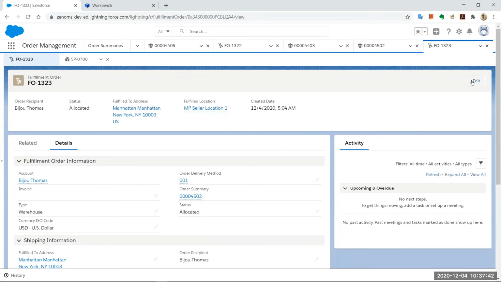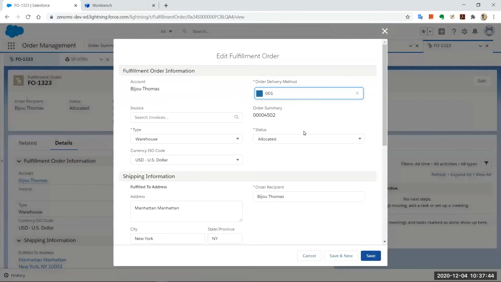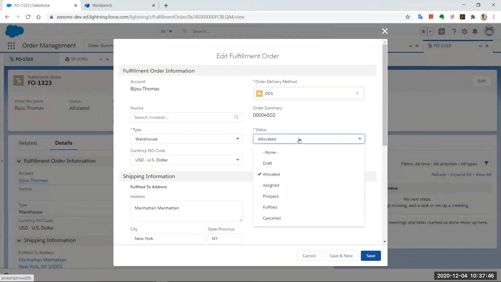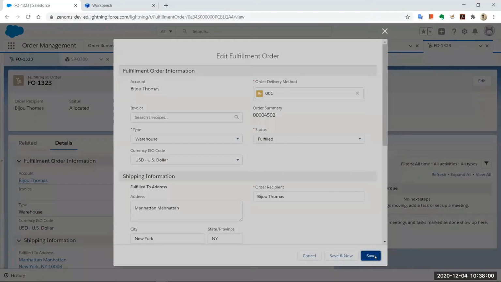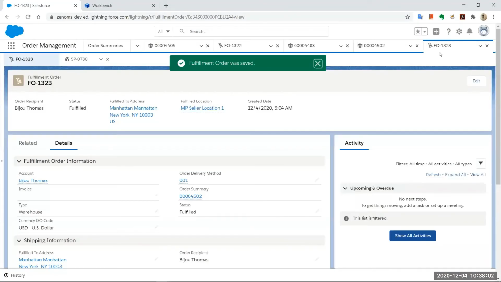And your fulfillment order can have its own process in itself, right? So it has to go through assigned, somebody has to pick it from the warehouse, somebody packs it, right? And then you can fulfill it, right? So I'll just fulfill the order just to showcase the entire life cycle as such, right?